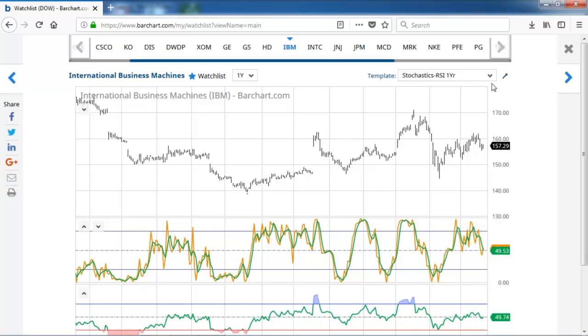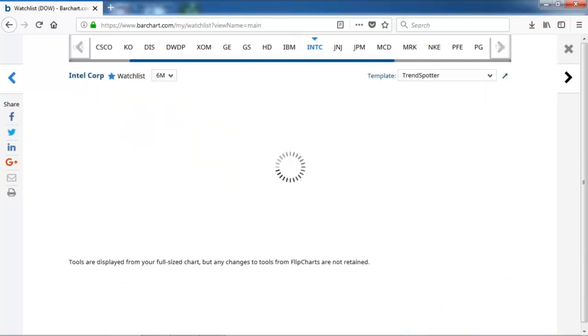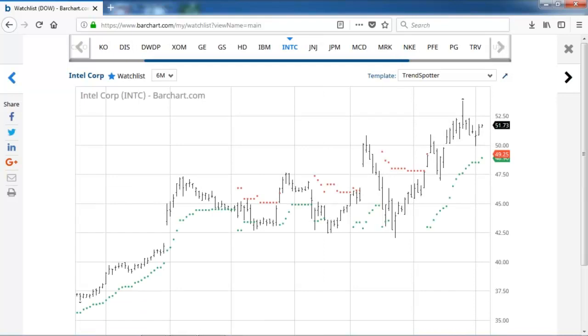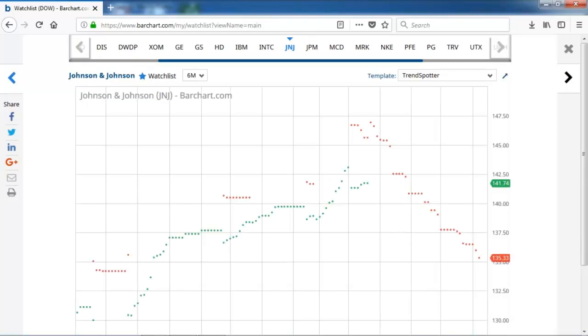If I wanted to investigate further and maybe apply some of this, let's go back to the Trend Spotter. We talked about there were a handful of stocks that were negative on the year for the S&P, and we could look at this Trend Spotter and find some of these that are maybe bottoming out and trying to find a base and move forward. Then I could just move through here and go through these chart templates one by one, and it goes quickly if everything's all set up, and look for some opportunities and see what we have as far as potential new candidates that we want to investigate further